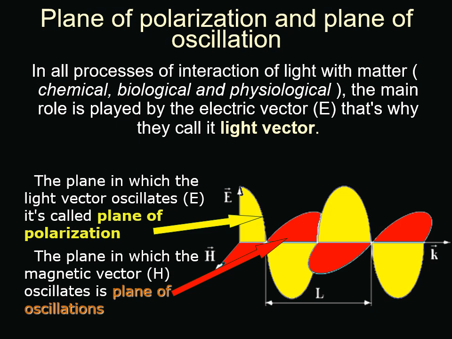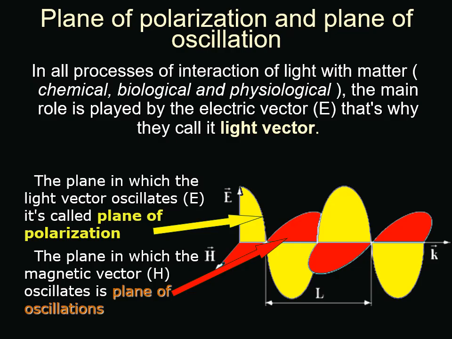There are several definitions concerning this vector E and the vector H. You can call this the plane of oscillation of the electric voltage vector. This is the electric component of the electromagnetic wave. But that plane, the plane of the screen in this case, will be called the plane of polarization. In other words, the polarization process is determined by the behavior of the electric intensity vector.